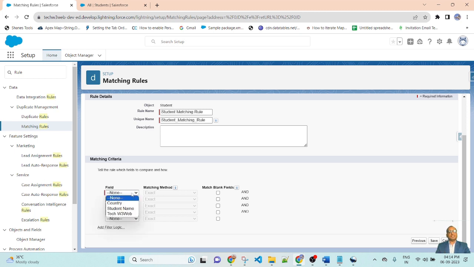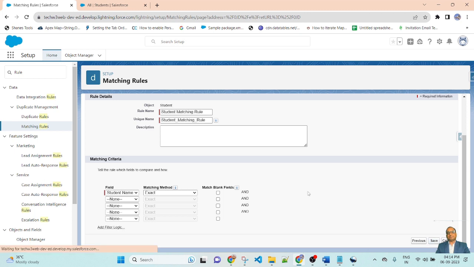So I am filtering on the name of the student. So select name and exact match. If the name is an exact match, then the system does not allow creating a new record with the same name, and match blank fields. So leave as it is.